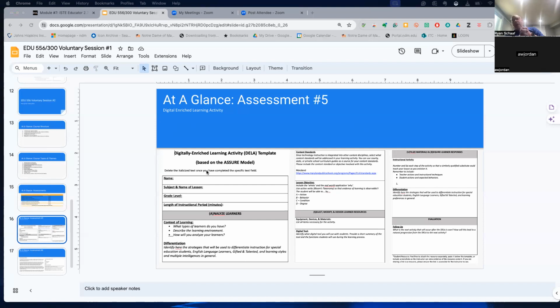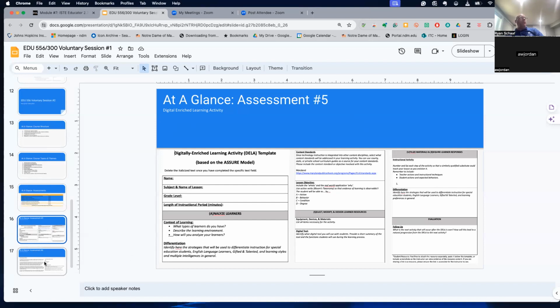And what's going to happen after you're done teaching using the digital tool? What's the next step in the progression? For this assignment, I am going to ask you to create some sort of simple student resource, something you would give your students as you do the assignment. So that's assessment 5 at a glance.